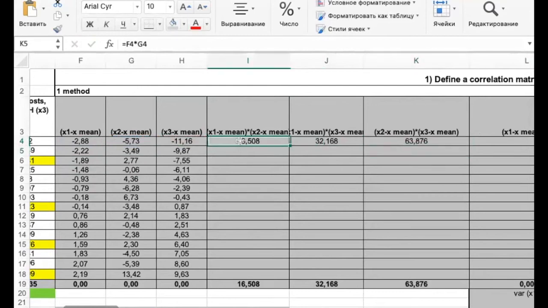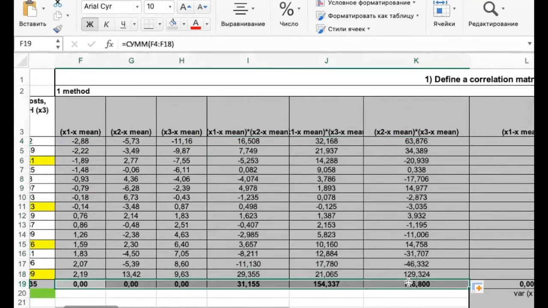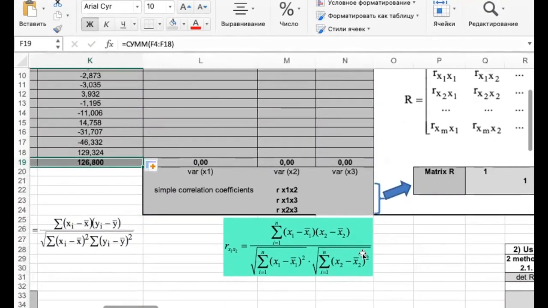Then we again stretch down. In this line, you can see that I found the sum of all our values in the related columns. And next, in the denominator, we need to square all our differences,